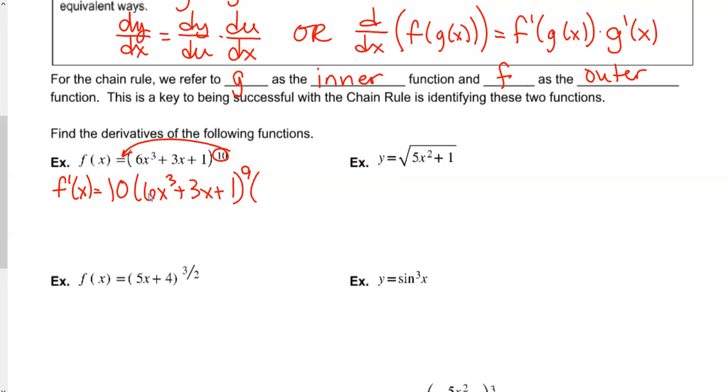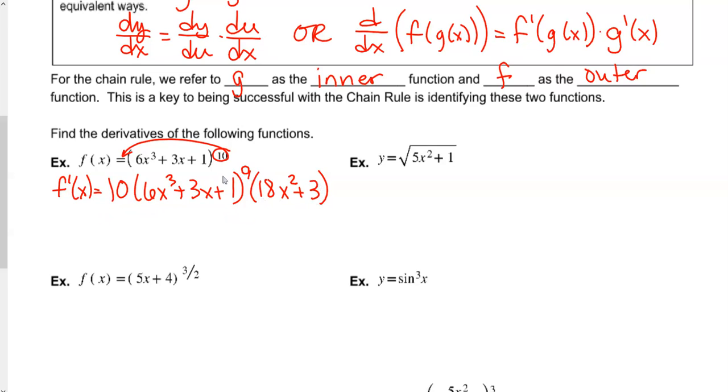Now, the derivative of 6x cubed, bring the 3 out front, gives me an 18x squared when I reduce that power by 1. And then we have a linear term, so that is just going to be plus 3. Derivative of a constant is 0. Don't have to worry about that. So that is the chain rule applied, but I will tell you that most often than not, we kind of